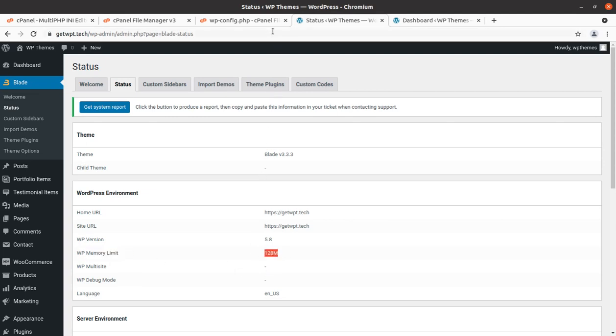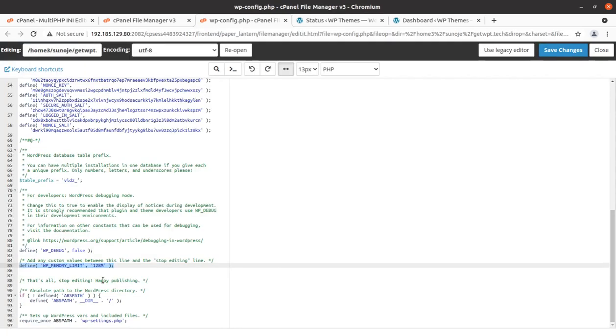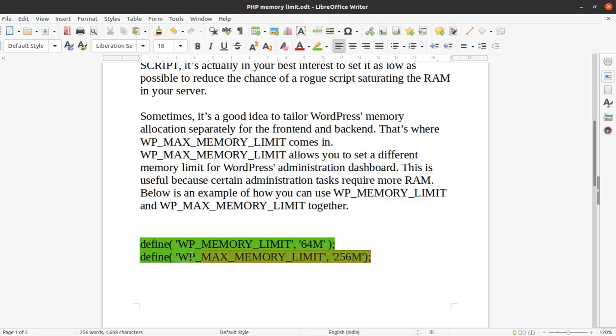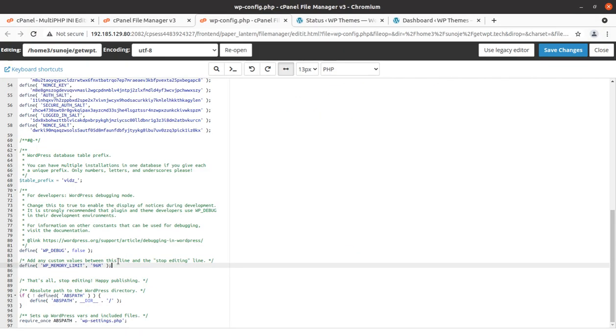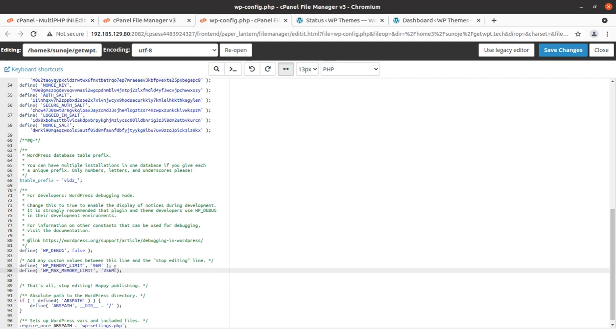Just to show you, I will change it. I am changing it to 96, let us say, and I'm putting in another line, define WP max memory limit, 128 to 256. Okay, so I have changed that.